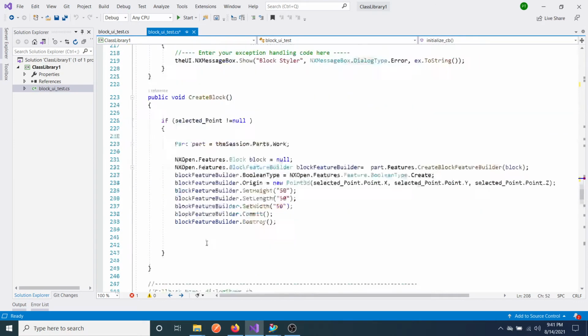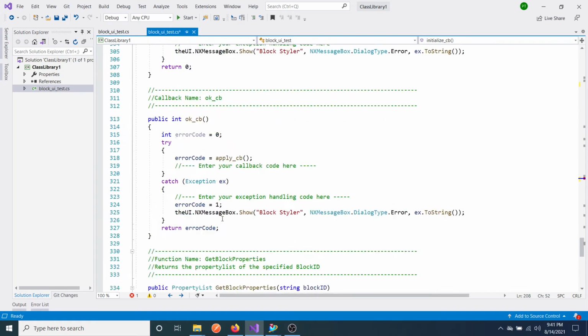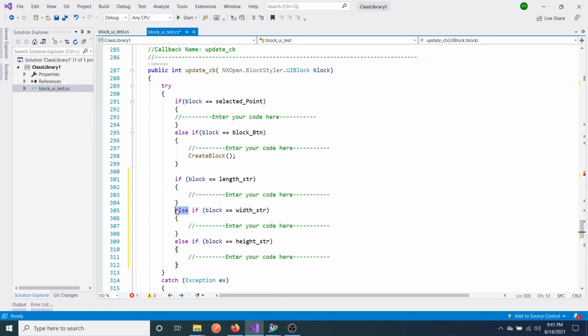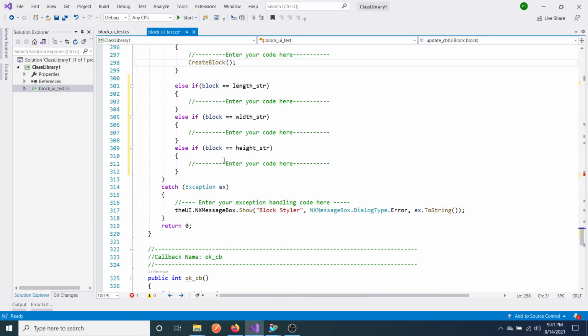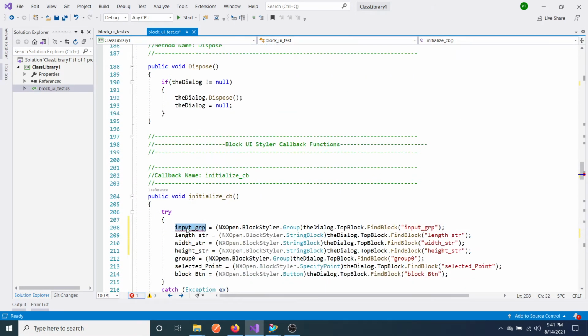Go back here. Just keep it and add this one, making it uniform so we are in line with everything. I think I missed the declaration for this input group.